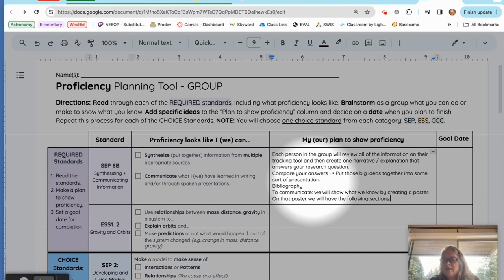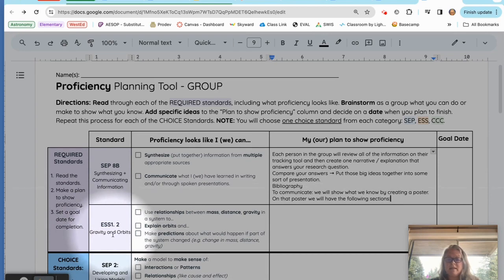Something like that, and list those out. And you might even assign a section to the different people in your group. When you move on now, looking at the next required standard, we have our Earth and Space Science standards, gravity